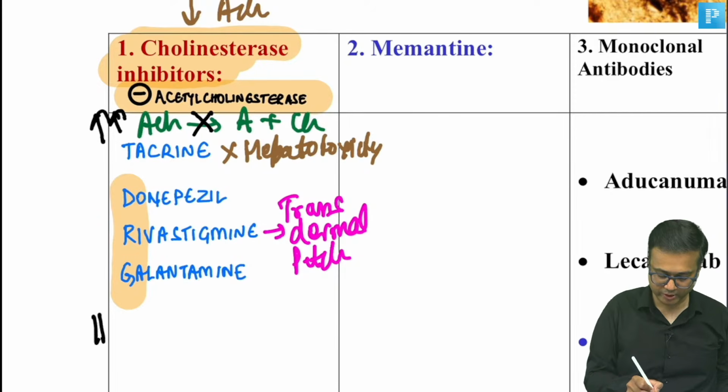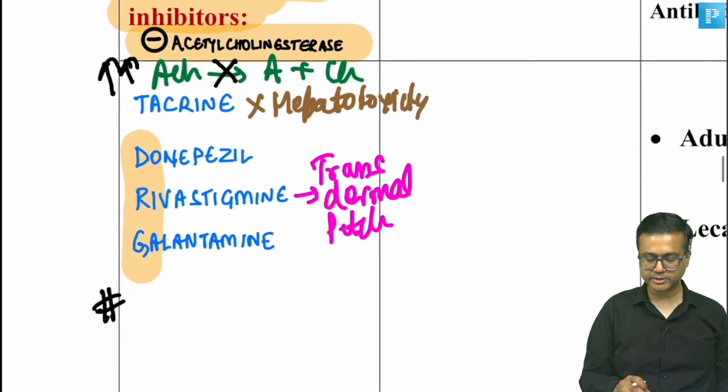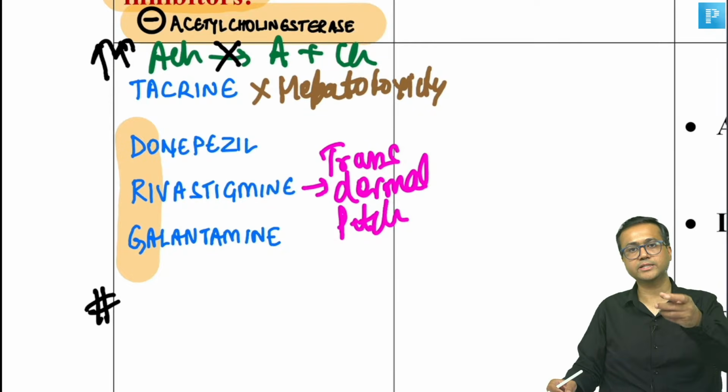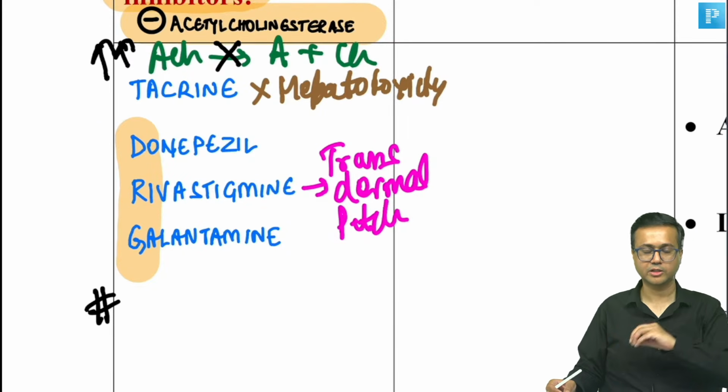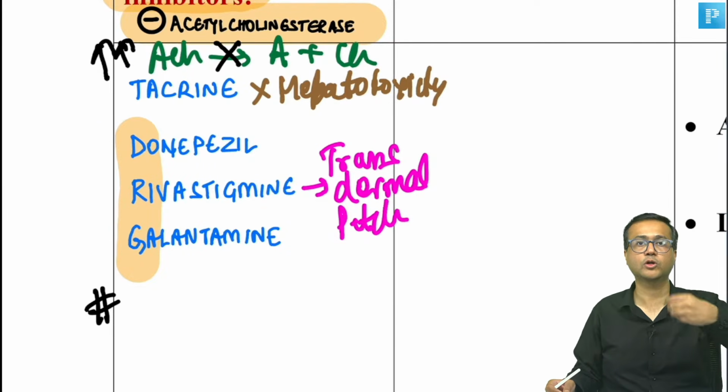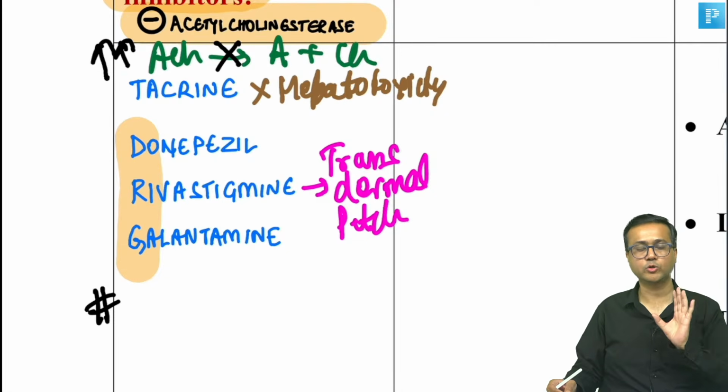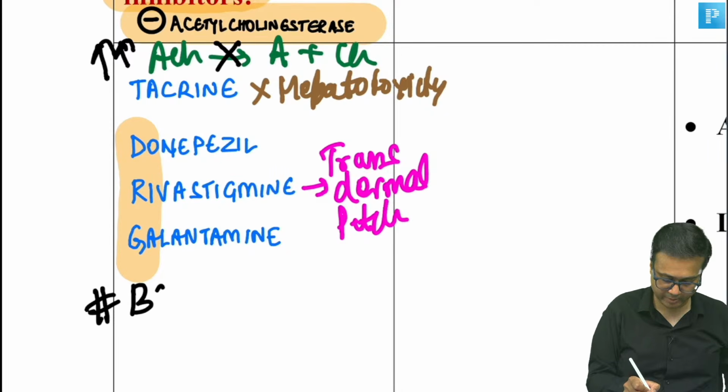And in fact, one important drug update, beta. Which drug is that? Since they've asked about this GI side effect, beta, they may just ask you about this newer drug. So in today's discussion I will also give you a lot of newer drugs which you should have in your list. Okay, so which drug am I talking about, beta? Remember, it is